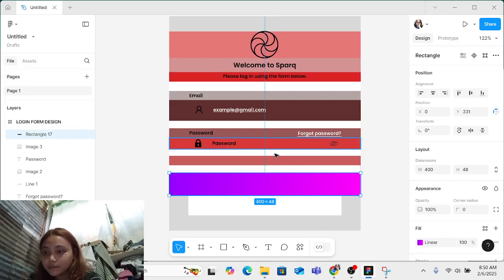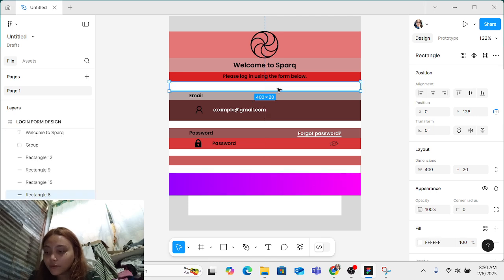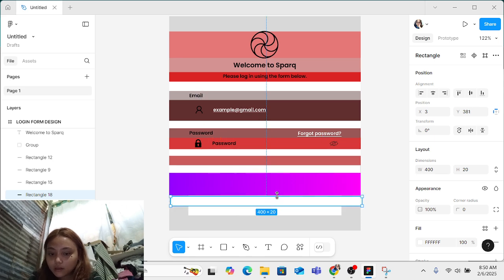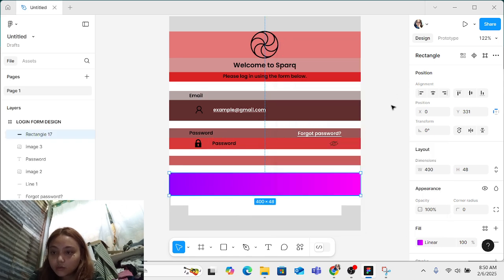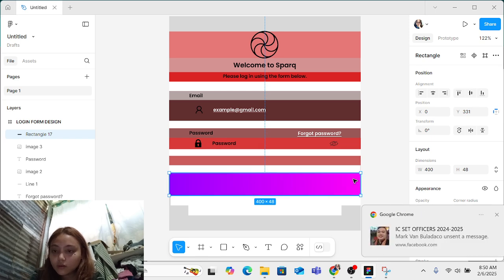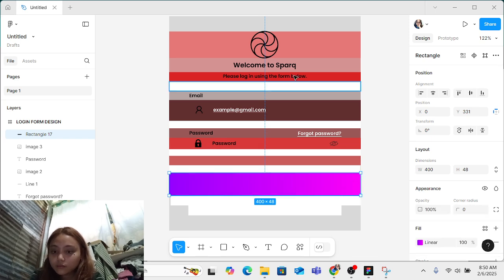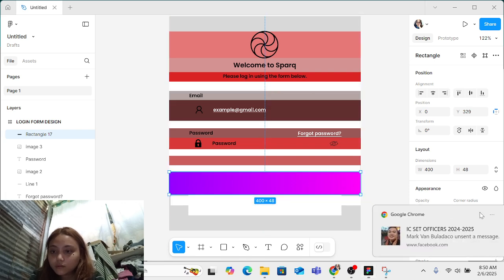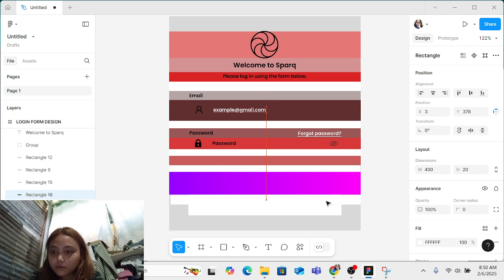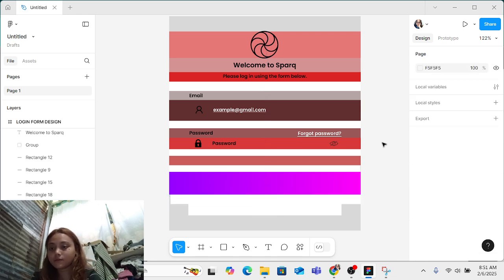Spacing again. I'm gonna find the 20 for spacing and copy that and put it right below. There. So that indicates spacing.